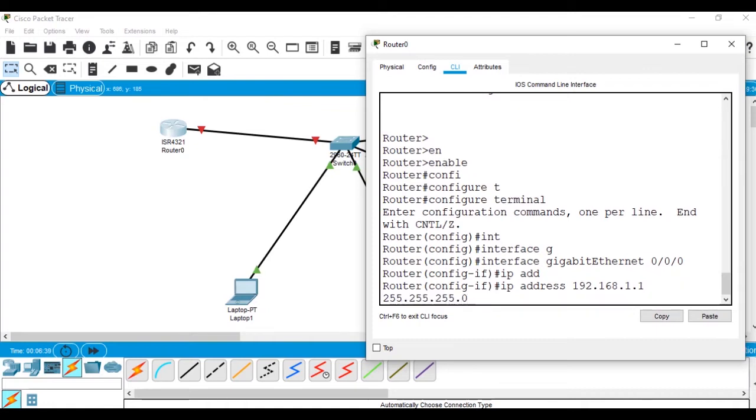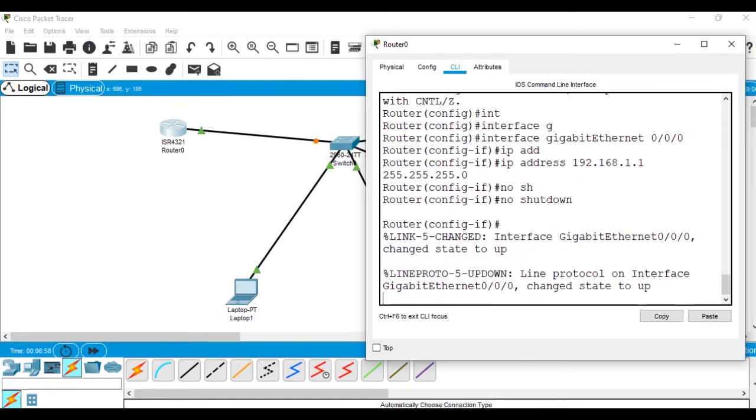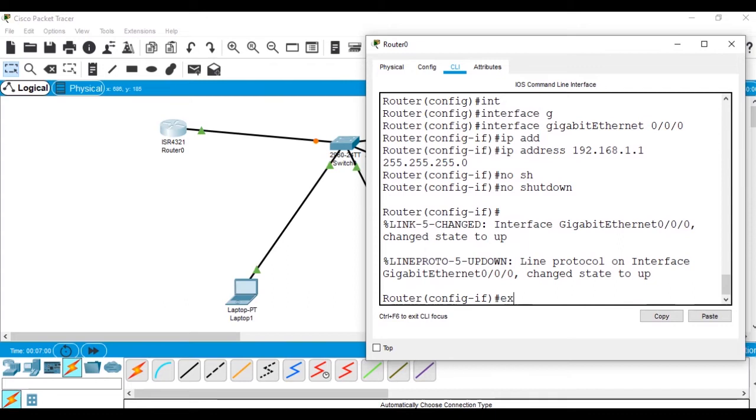We have configured this as the IP address of the router gigabit ethernet interface. We'll exit it. You have to first do no shutdown so that the port will become up, and now we'll exit the port.